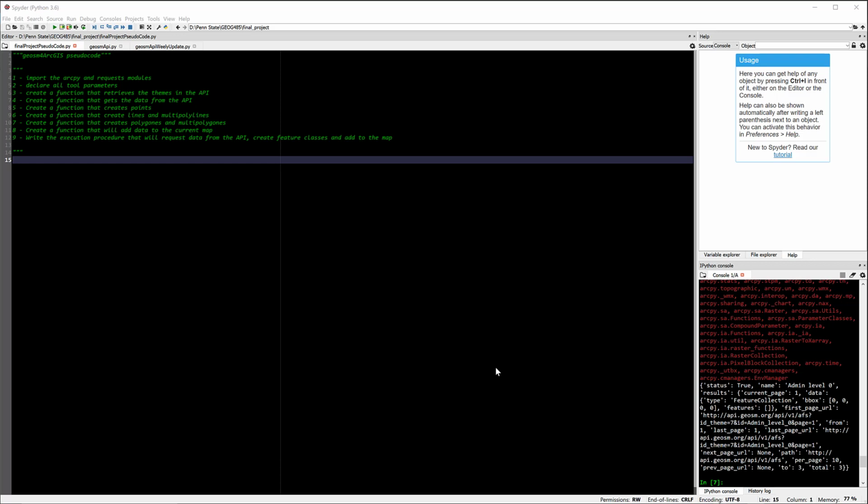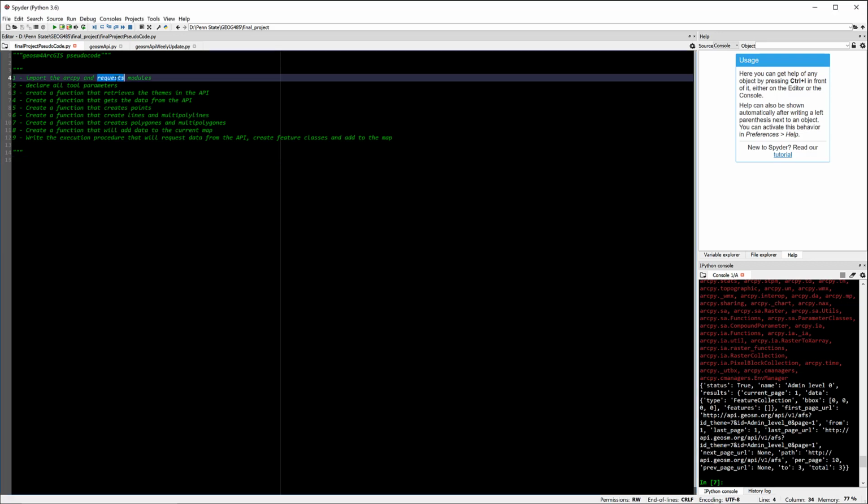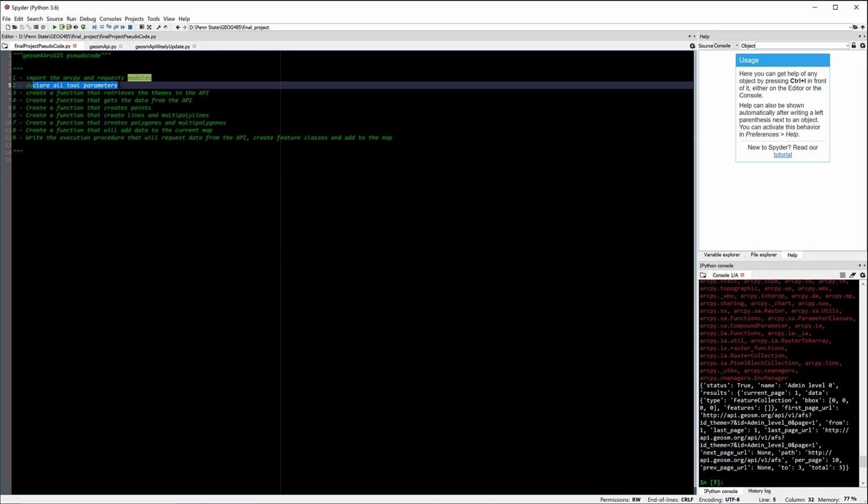So initially I'll start with the pseudocode. In my pseudocode, I will want to import the API and the request. The request is going to help me to do HTTP requests to the API. Then I will declare all my script tool's parameters, and then